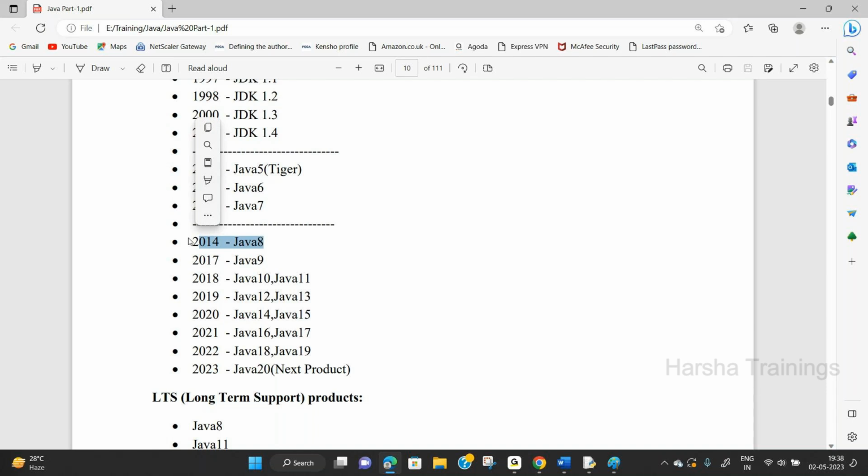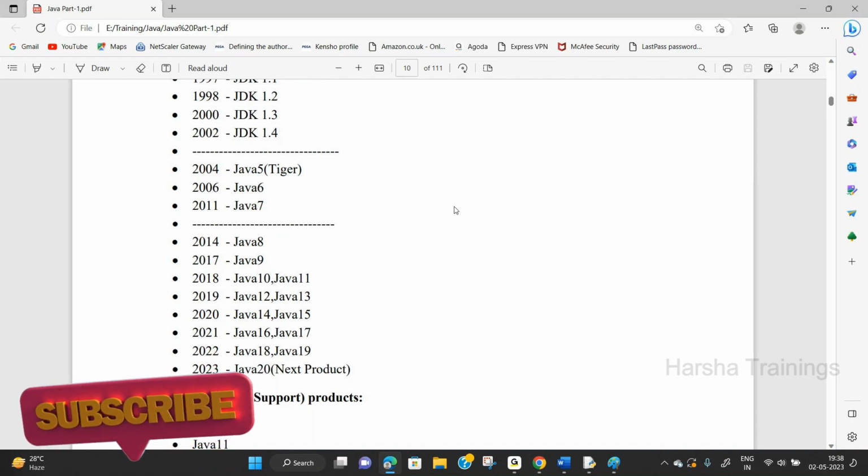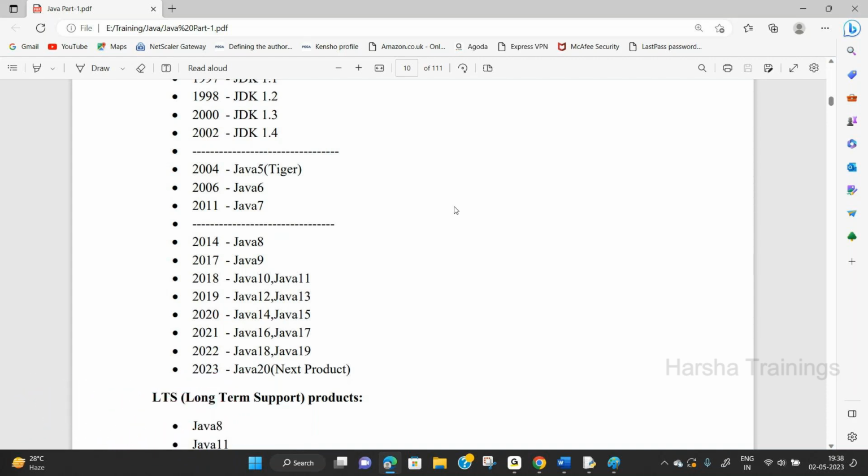For example, up to now you are writing a program using the normal basic technique. Java 8 adds many additional features. By adding these additional features, Java again becomes more popular. Simple example: initially we have the Splendor bike. The Splendor is upgraded to Plus, next to CBZ, for example, etc.